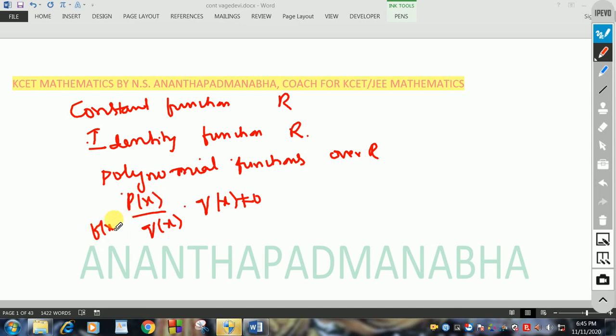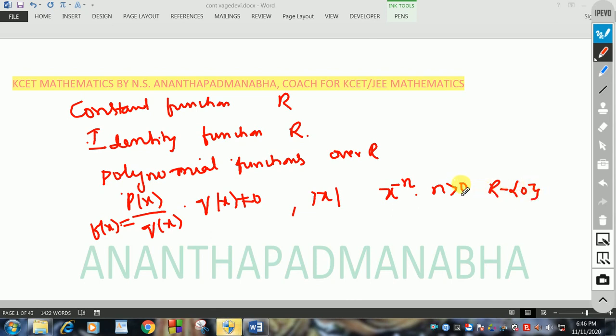So this is also continuous. The modulus function is also continuous, and x to the power of minus n, where n is positive, is continuous in the